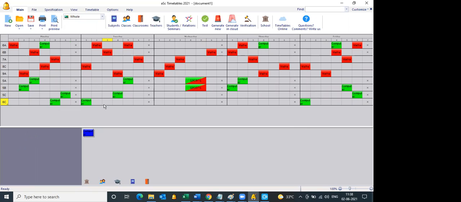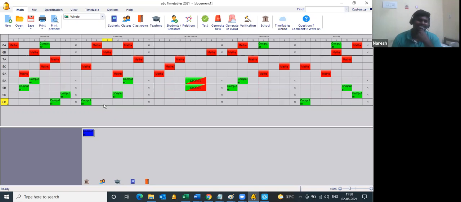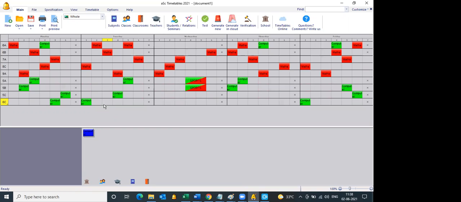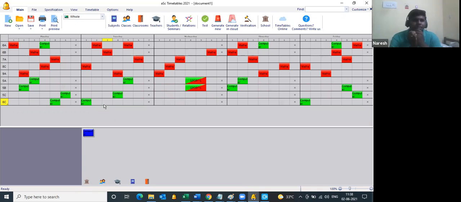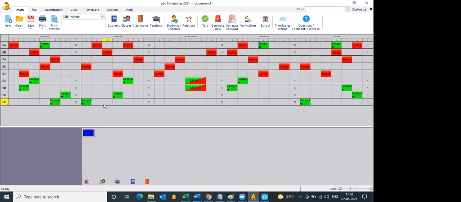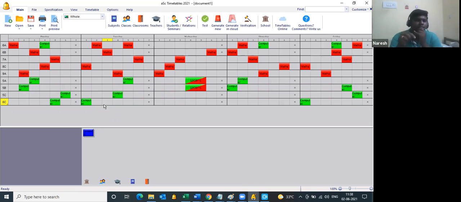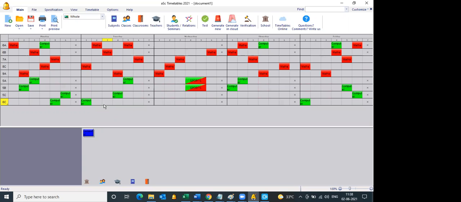Sir, a doubt please. If I import an Excel at the initial stage of making a timetable, and after a month there is a change in the allocation, do I need to follow the process that you showed now, or can I re-import a new Excel? Once you have imported a single data file, after that you can do manual changes, but you cannot import again on the same file.